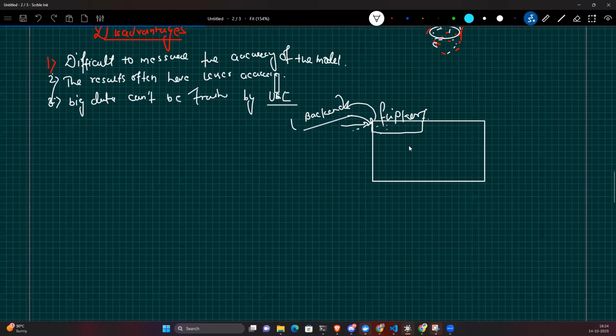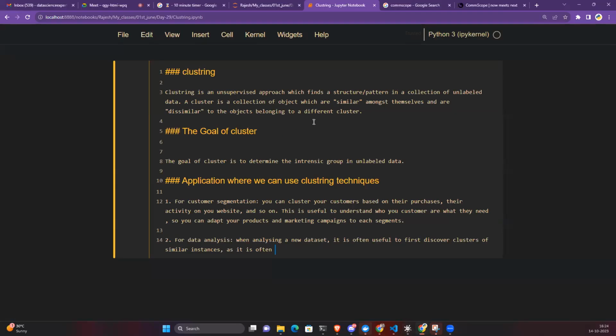Obviously you are not developing this complete application. A data scientist is not going to develop these things. A data scientist's job is very niche. You are going to solve a very particular problem which you get from your product team, and you have to expose an API, and that API will get integrated with the application. So obviously it will be good if you know these things. Let me explain this part.